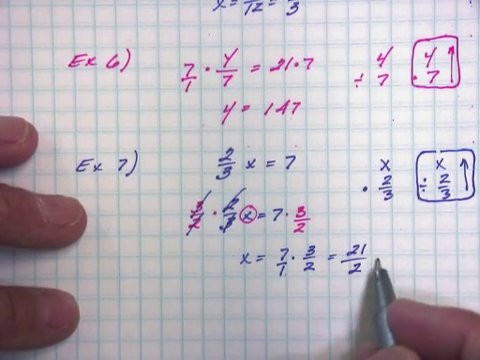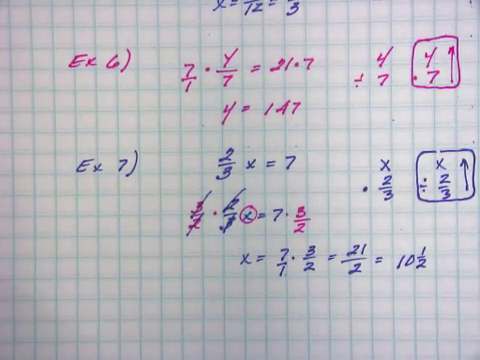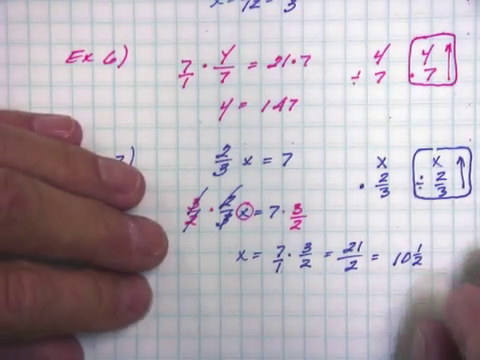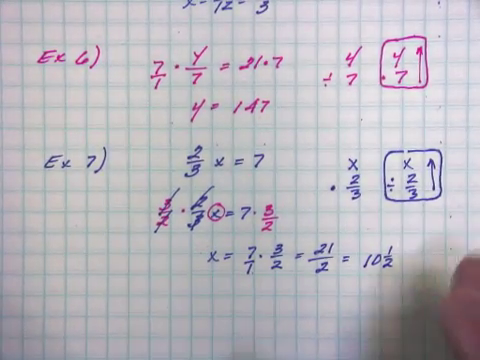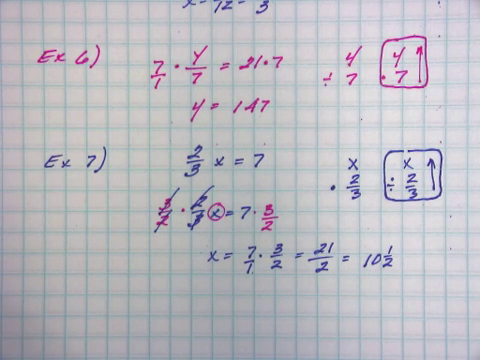So this 2 cancels that 2, this 3 cancels that 3, and I have x equals, now I've got 7 times 3 over 2. Well, that's 7 over 1. 7 times 3 is 21. 2 times 1 is 2. So I can rewrite this as